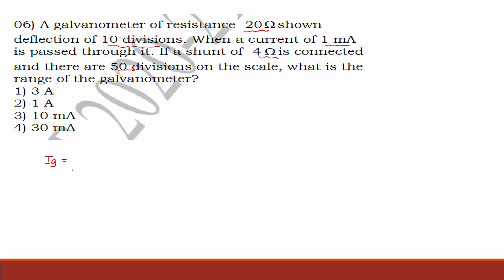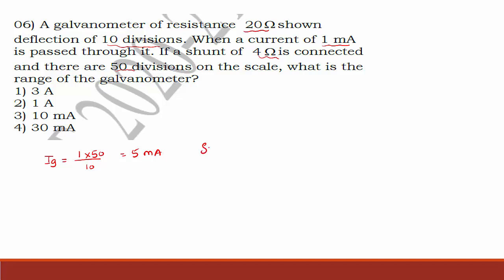20 ohm. So let us write the current is Ig into G, that means 1 milliampere into G. Capital G means 50 divisions on the galvanometer, is 50 divided by I minus Ig. So here we can directly write that shows 10 divisions, difference is 10. So we can write the current through the galvanometer is 5 milliampere.